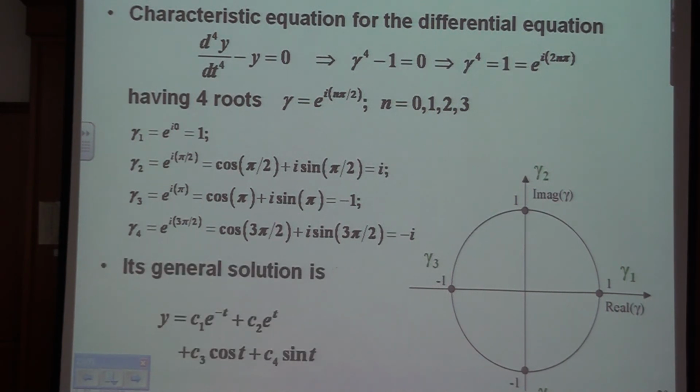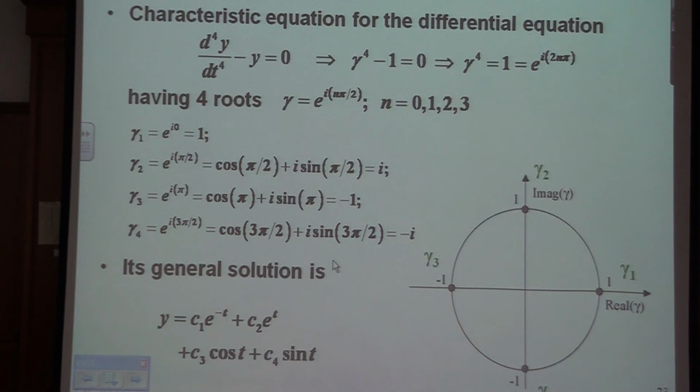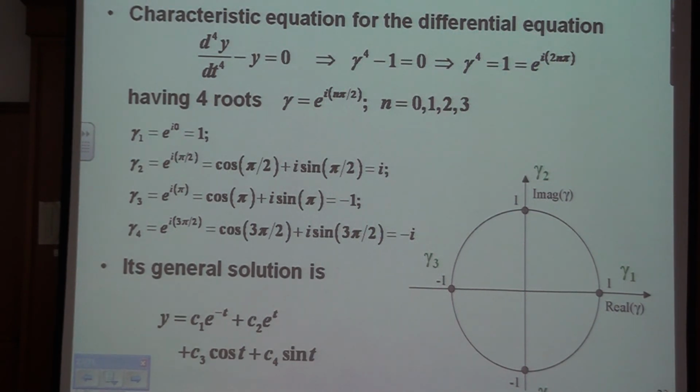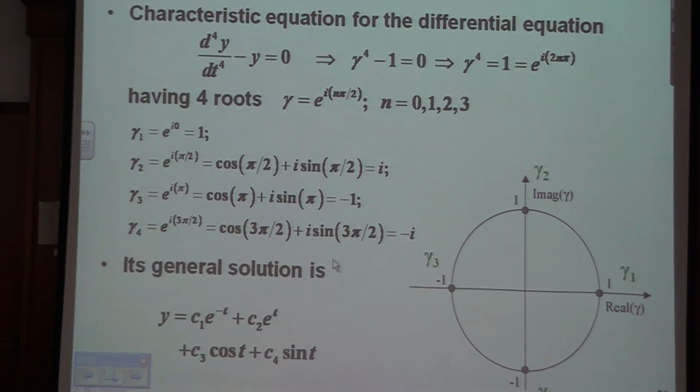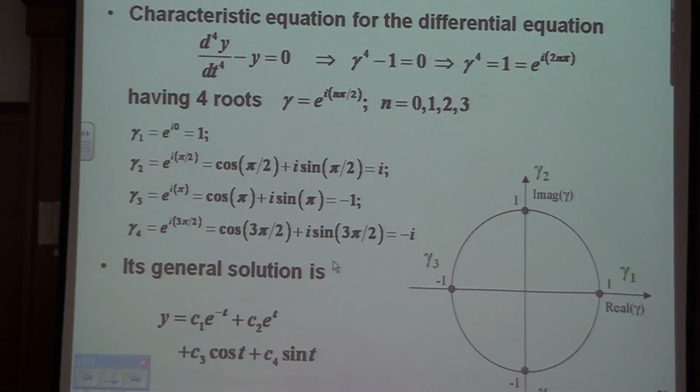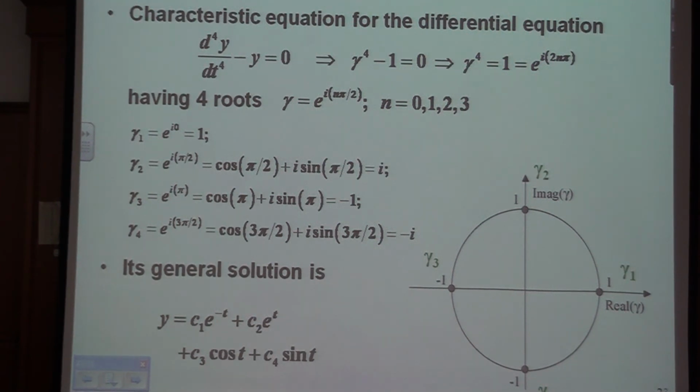So the solution is like this. But here we have only one term, the e^t term, that is unstable. In the last slide, we had 2 unstable terms. In this slide, we have 1 unstable term. So when you design a controller, or when you look at a system, you better pray and say, hey, don't give me a real part of roots which is positive. Because you know that as soon as